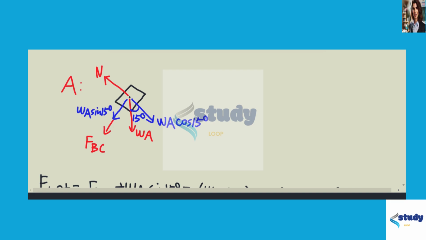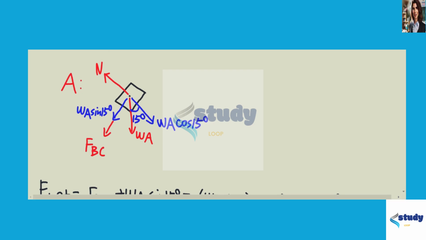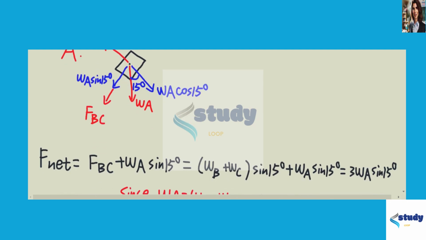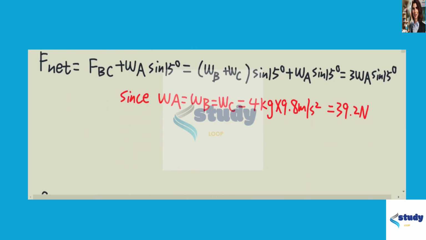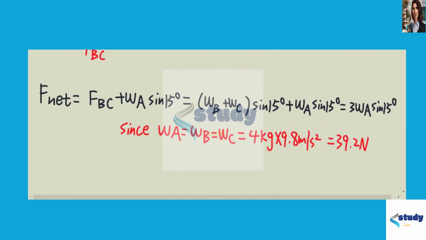Okay, so this is the free body diagram for package A. We know the net force along the surface should be equal to FBC plus WA sine 15 degrees, which is WB plus WC times sine 15 degrees plus WA sine 15 degrees, which is 3WA sine 15 degrees. Since WA is equal to WB is equal to WC, which is equal to 4 kilograms times 9.8 meters per second squared, this will give us 39.2 Newtons. So eventually we can determine the net force along the surface,